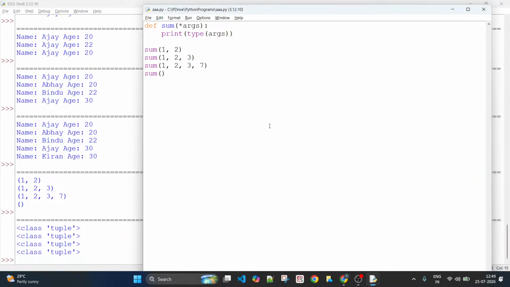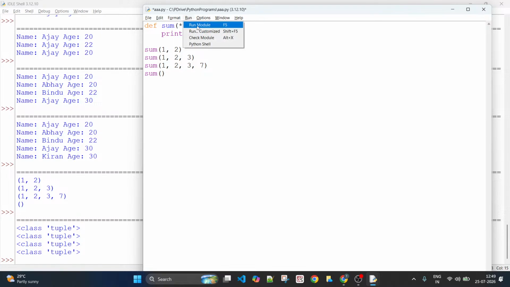So when you have to pass a different number of arguments, or variable length arguments, Python treats them as a tuple collection. Now again, how do you find the sum of all these elements? You can use the sum function on the tuple.